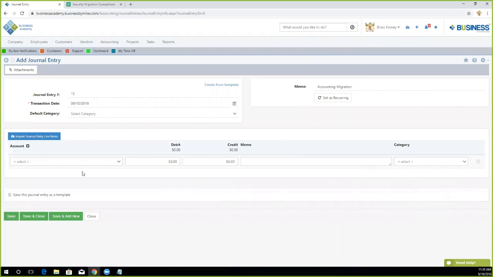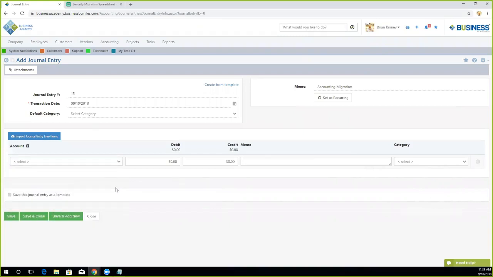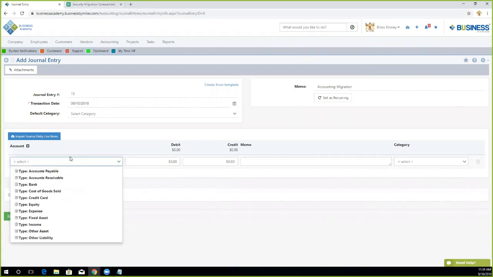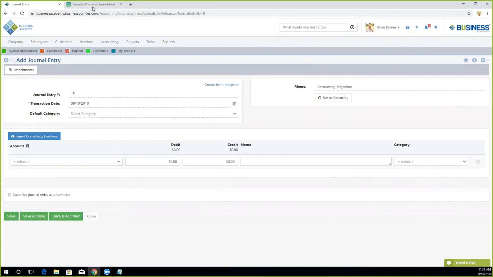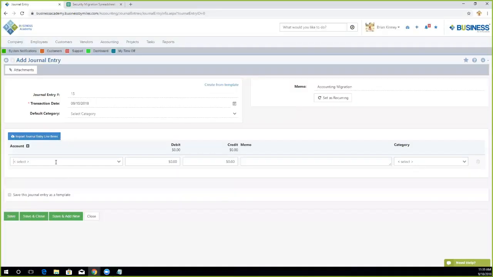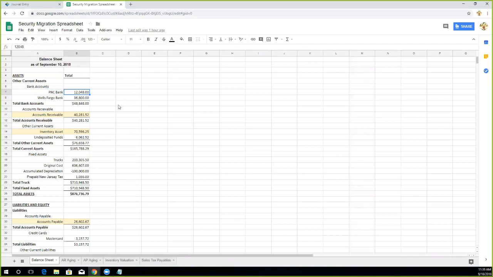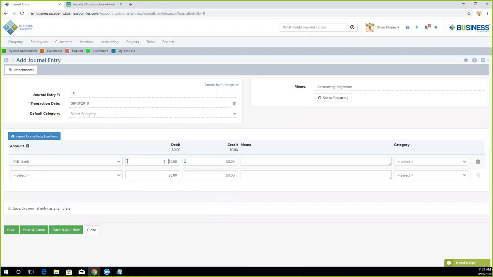And underneath the accounts is how you're going to choose the accounts you're going to bring over into business. Now, if you're not importing, you choose to enter these manually. There's really no right or wrong way. It's just a matter of how you'd like to do that yourself. But if you're going to enter them manually, you can simply choose which bank accounts you're going to enter. So for instance, if I choose my PNC Bank, I'll enter that. And this is a positive number, which means it's going to be on the debit side, and that's